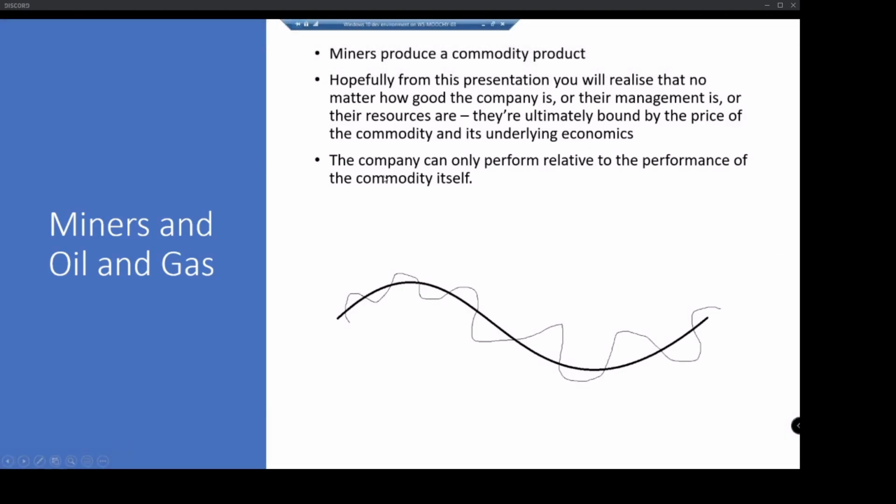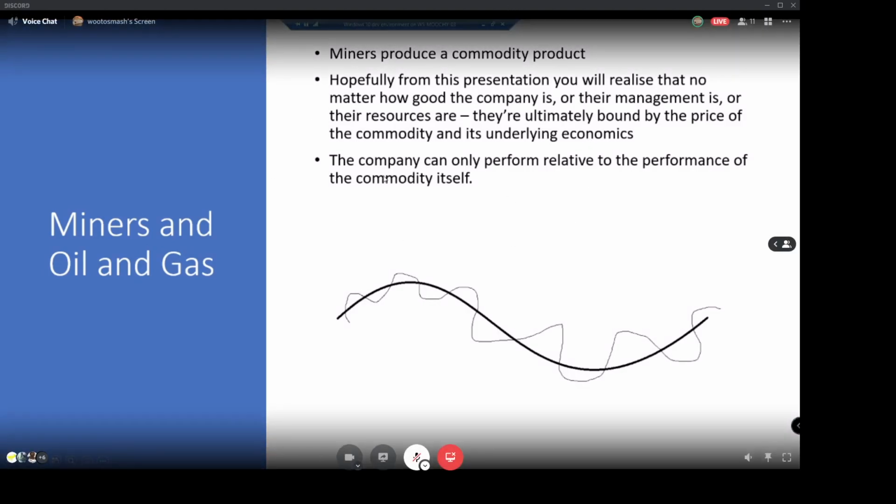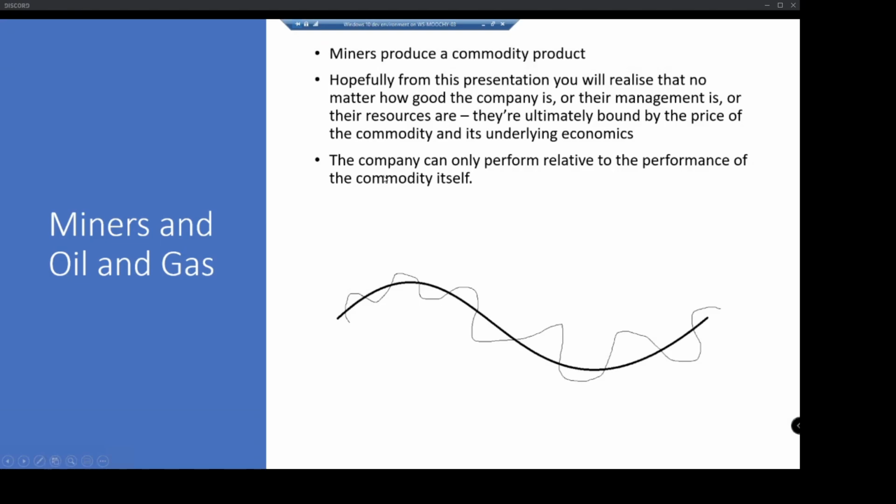So I'm going to show you all the basic stuff about commodity economics. There's a hell of a lot more in this slide deck, but this should give you a general idea of how to look at and analyze commodity economics. Hopefully it'll be a good starting point to have a look at.